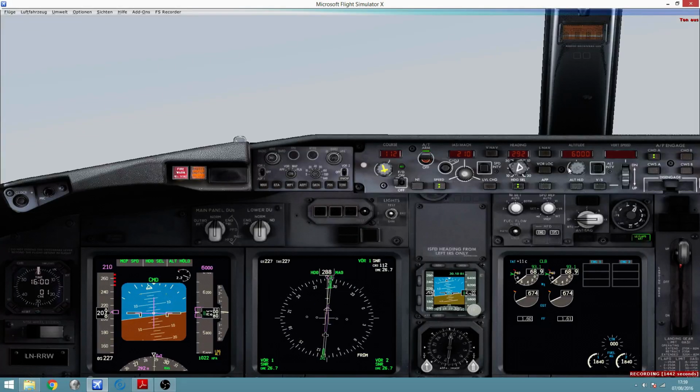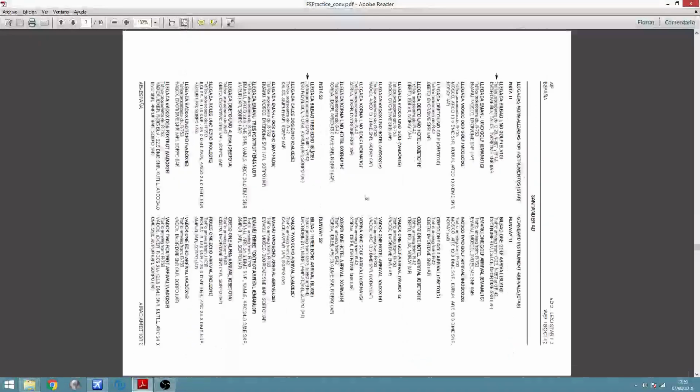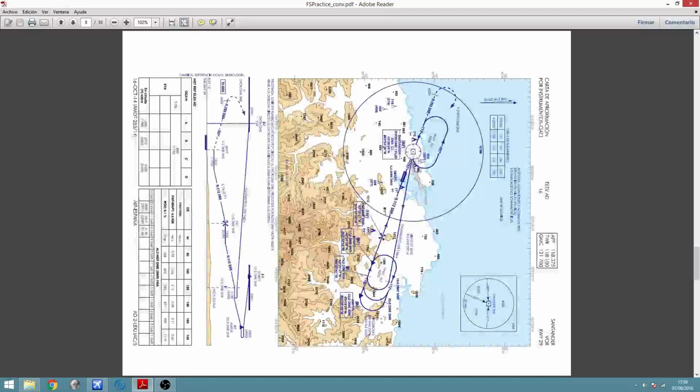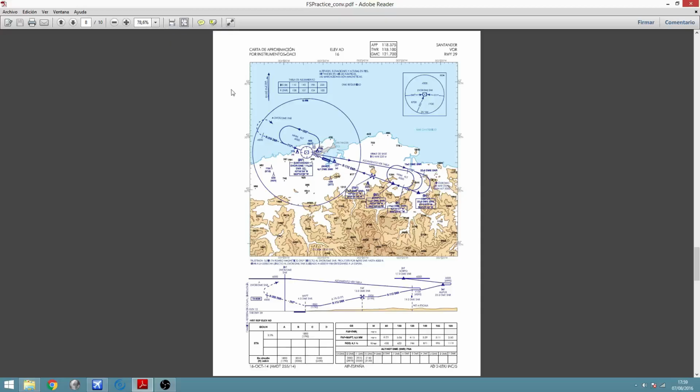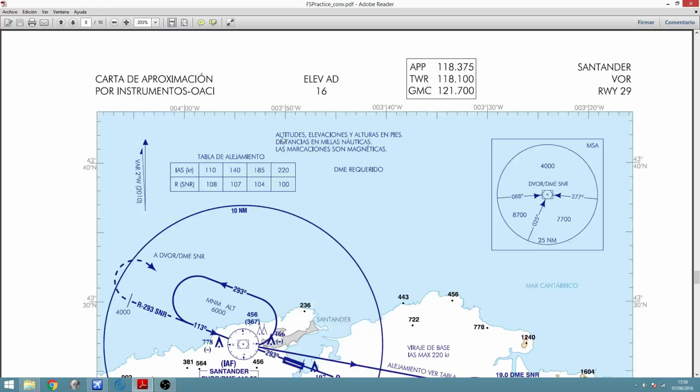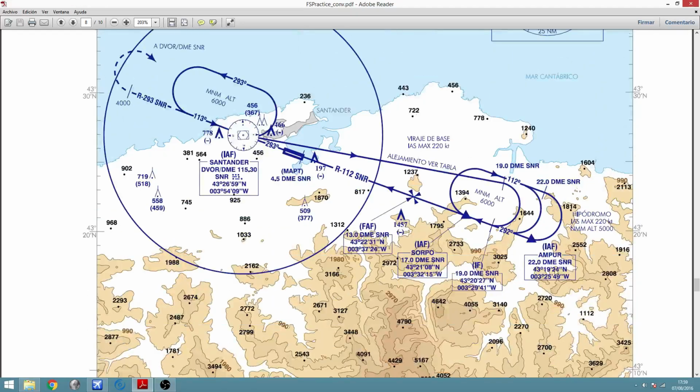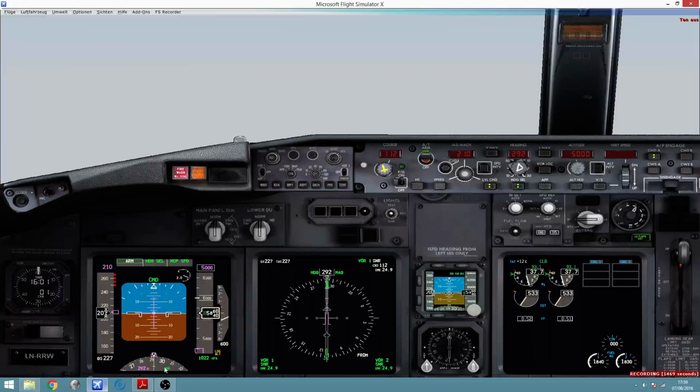Vertically, the start procedure says that I can descend now to 5,000, so I select 5,000, level change. Good. And now I'm going to pass to the VOR chart, which is this one. All right. So I will reach Ampur when I am 22 miles from Sierra November Romeo, so almost now at